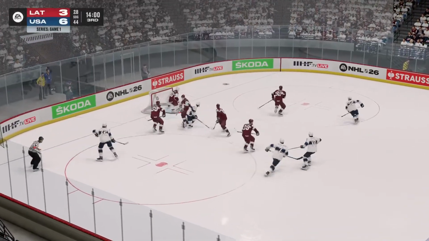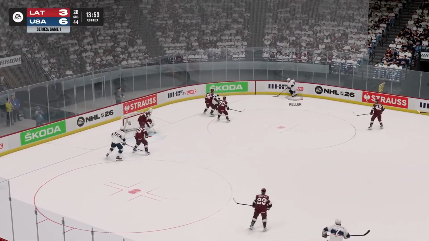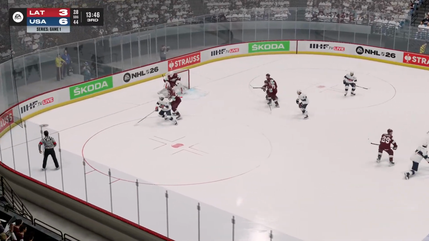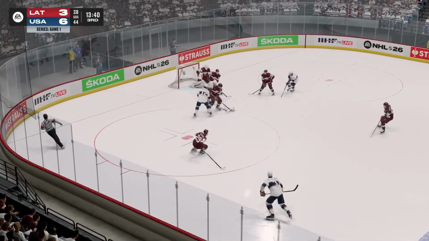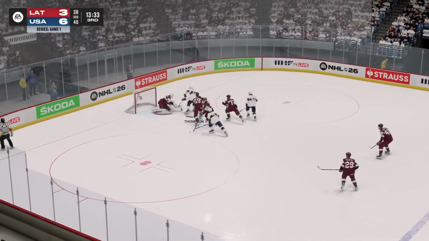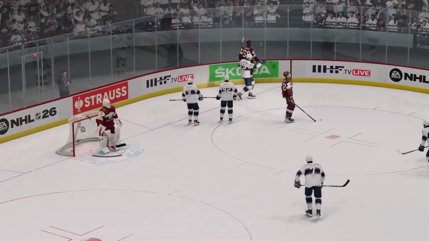Matty Beniers wide of the net. Goes out to the far corner. Cooley now back to Keller. Keller looking for help, drops it off to the point. Kesselring off a skate, goes back into the corner. Long turn here for the United States. Thompson off a body. Loose puck in the slot. Hack and whack in the middle. Goes on net. They score! Tage Thompson.